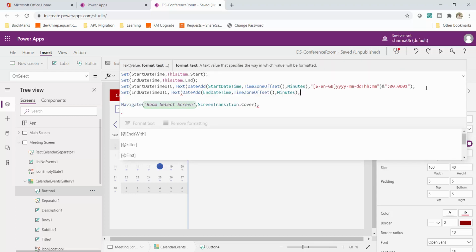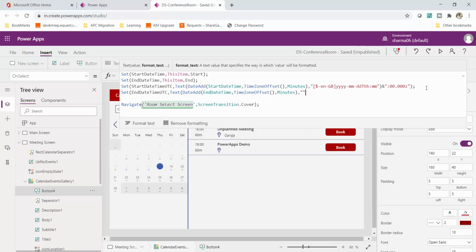Now, comma. Next it is saying a text value, the format text. It is asking for the format, a text value that specifies the way in which the value should be formatted. In my case it is a date time, so I will specify the format. The format is yyyy, MM, dd, and if you notice, any UTC date will appear in this particular format, hh colon mm.